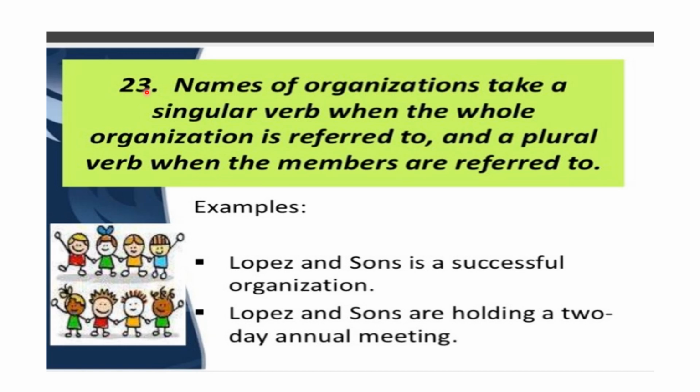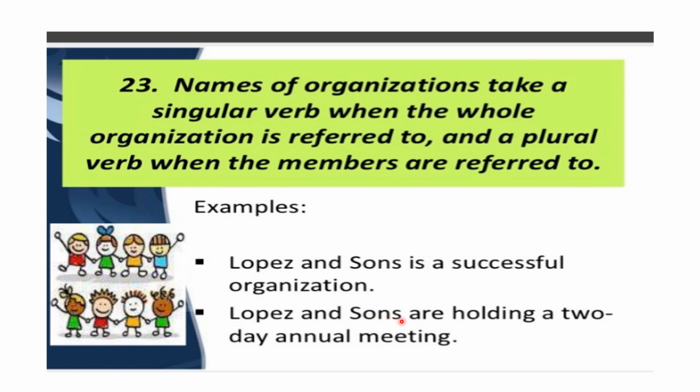Rule number 23. Names of organizations take a singular verb when the whole organization is referred to, and a plural verb when the members are referred to. Look at the examples. Lopez and Sons is a successful organization. So here we are referring to the whole organization. Therefore, you will use a singular verb is. The next example,